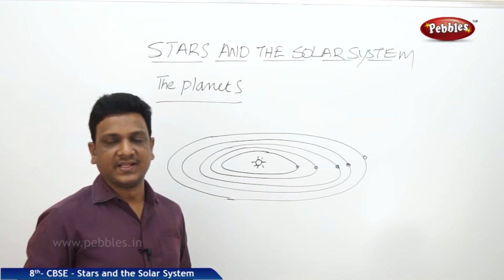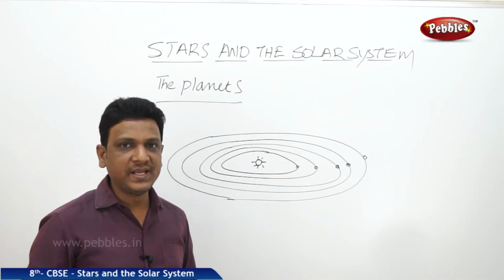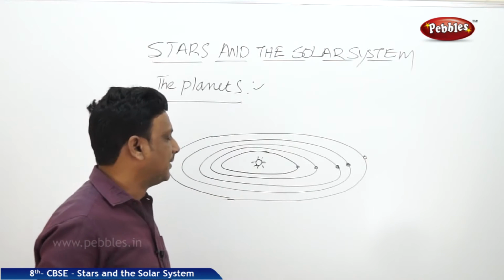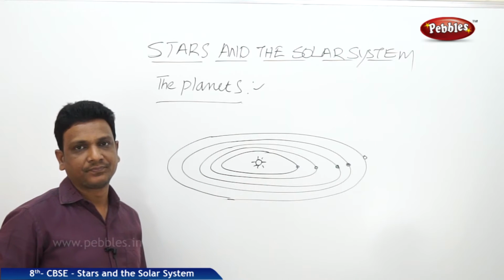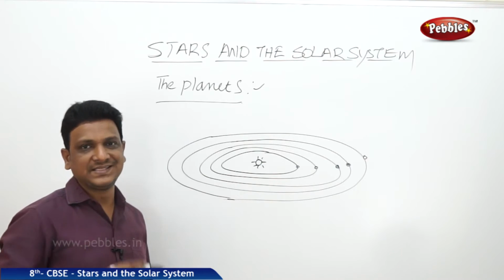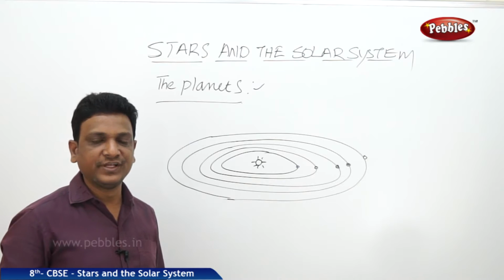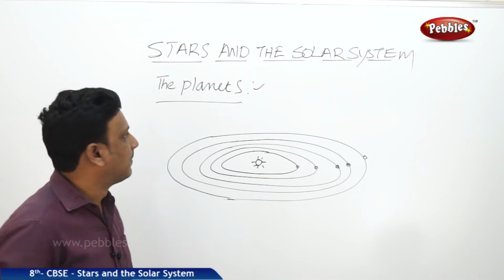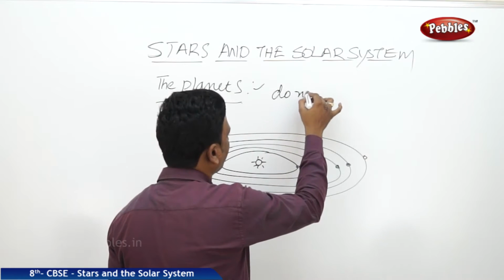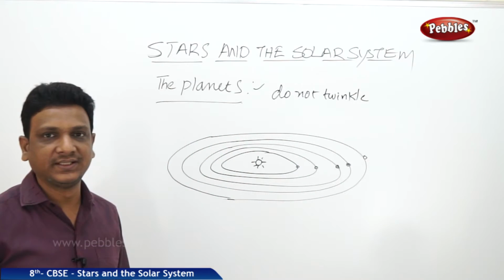So in the night sky, when you see the bright objects along with the stars and the moon, you will be able to see the planets also. The planets which are close to the earth can be seen in the sky. They are also bright objects. Why are they bright? Because they are also illuminated by the sun. So they are also seen like stars, but the difference you find between the planet and the star is in their brightness. Stars twinkle, but planets do not twinkle. They just glow. Those are the planets.